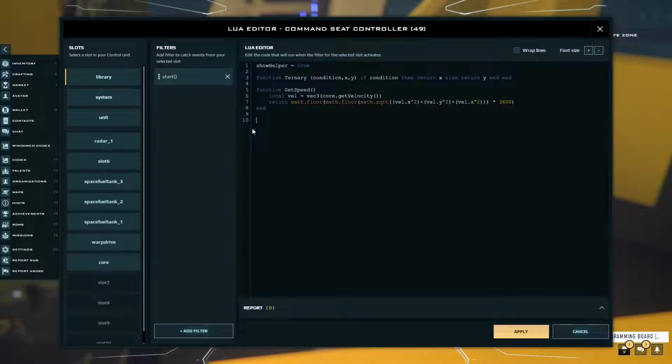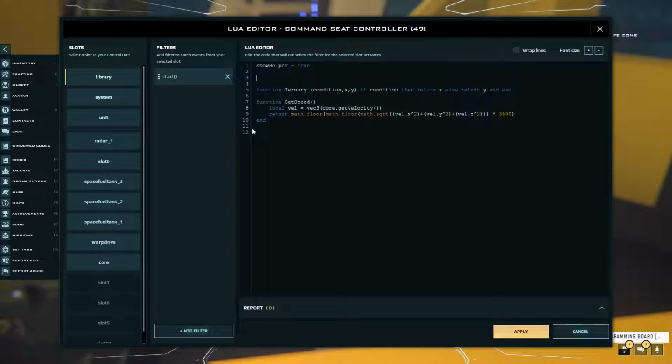All right, we need to create the code in order to display the speed. So let's do that. We're going to go up here. First thing we're going to do is create a table object, whatever you want to call it. Digits. We're just going to instantiate it to an object. Next, we're going to create a function for displaying numbers. So function display numbers